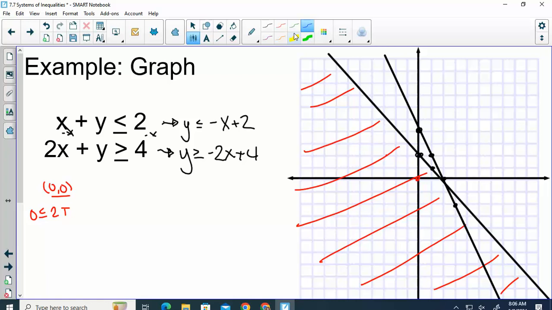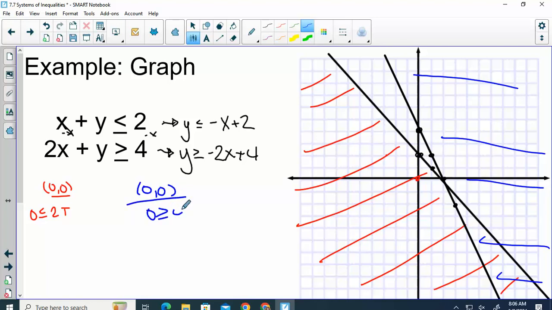And then we have to figure out where to shade. So you could say greater than would be above our line, which is to the right. Or if you didn't like that method, you could try putting in 0, 0. You get 0 is greater than 4, which is false, so you can't shade 0, 0. You shade the other side. So our answer is the overlap. The overlap here is this region in between